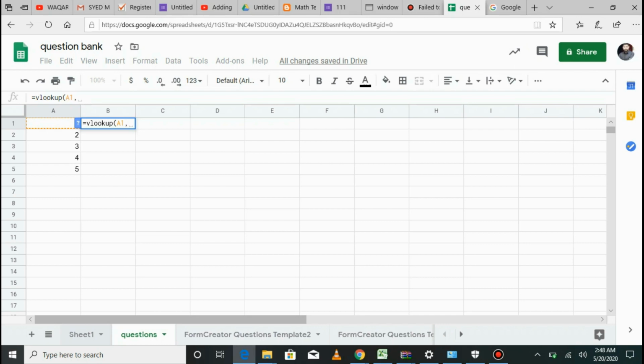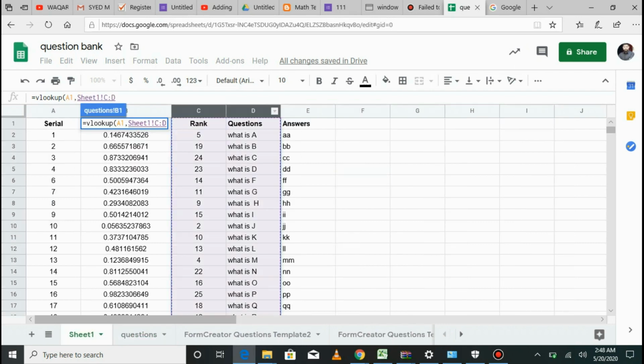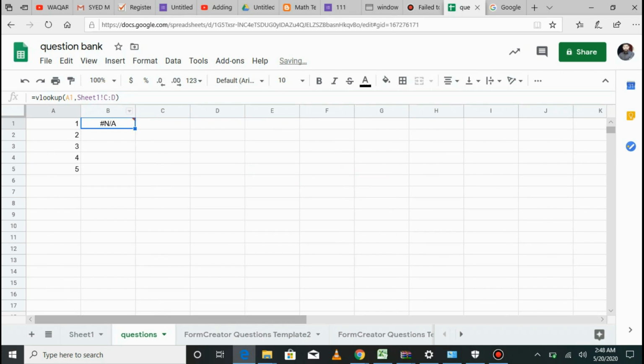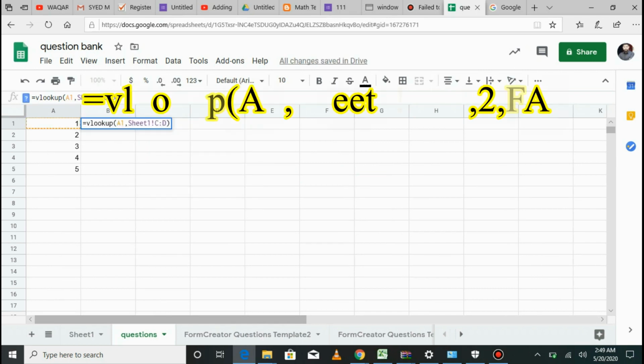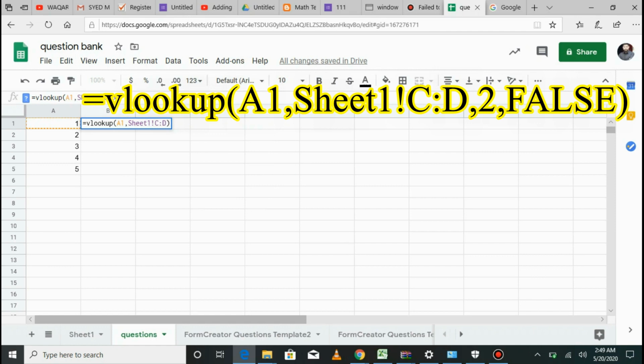go to our previous sheet and then select C and D, because the question and the ranking are important to select. Okay, press enter, C and D, then modify this formula. Okay, you can see here is a question.